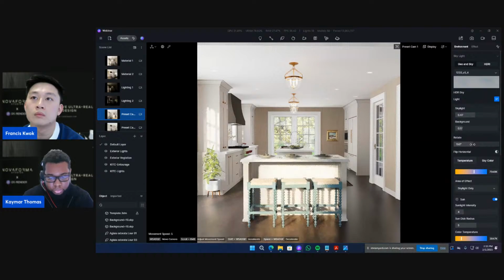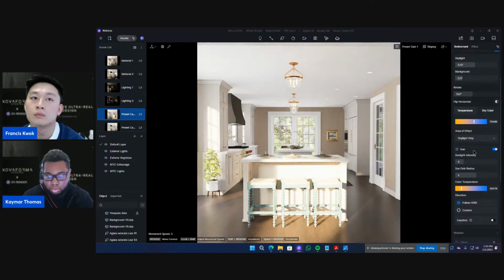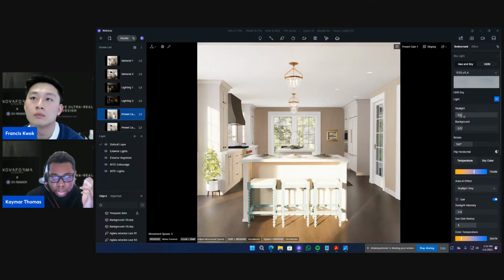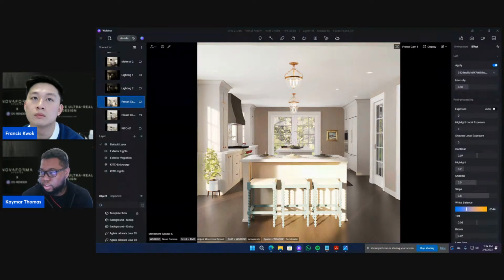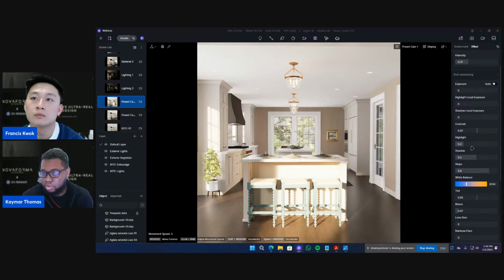So yeah, keep this in, and then we could adjust something. We notice that we're having some blinds, some washout spots. Be mindful when you do lights to not have these little washout spots. To achieve that, you might want to lower the intensity. There could be multiple things: lowering the intensity of the sunlight, and also adjusting the highlight and shadow local exposure helps a lot too. This helps with these washouts, but try to avoid these washout moments from the lighting. So once you have your lighting set up, one thing I also want to cover as well is